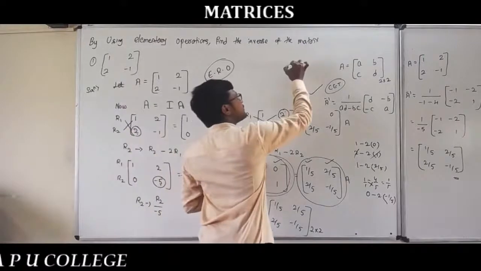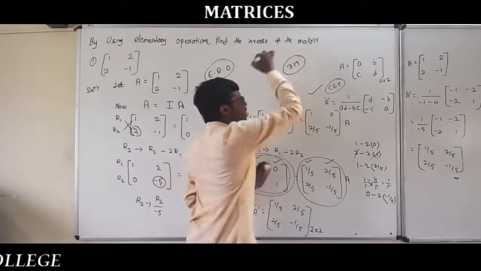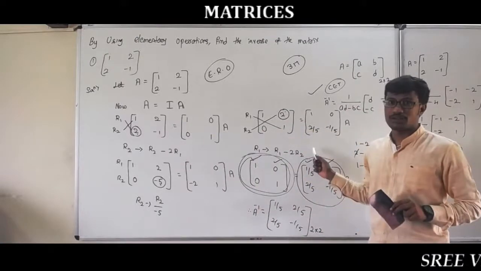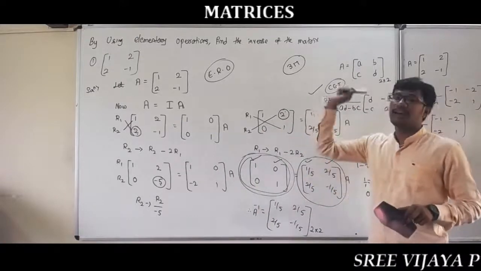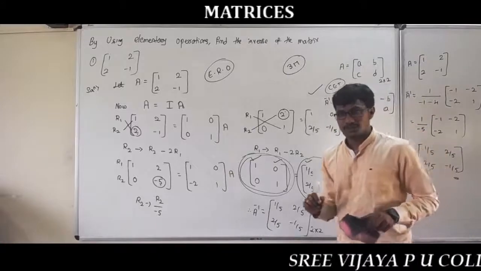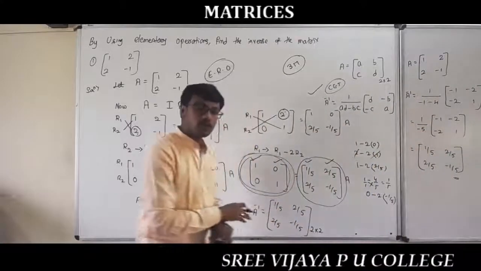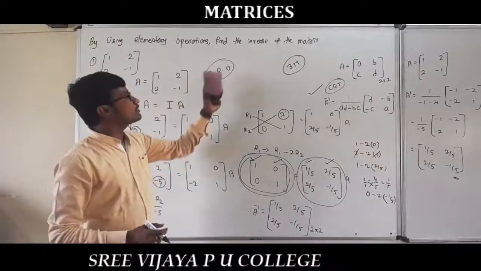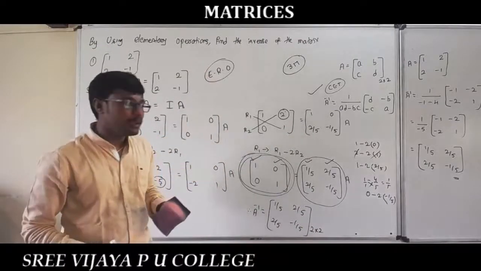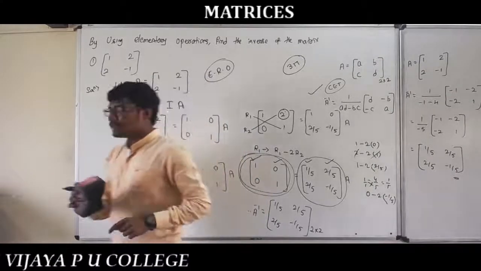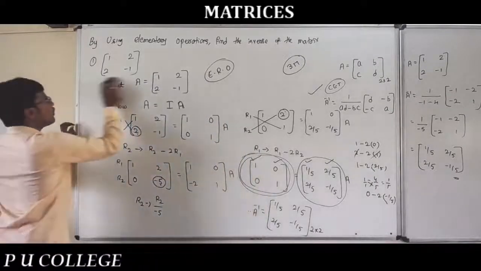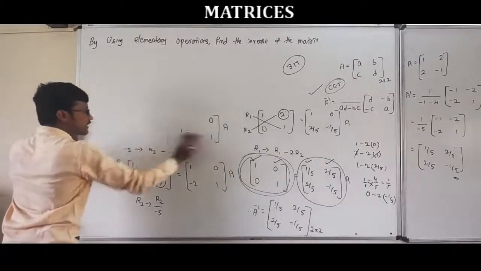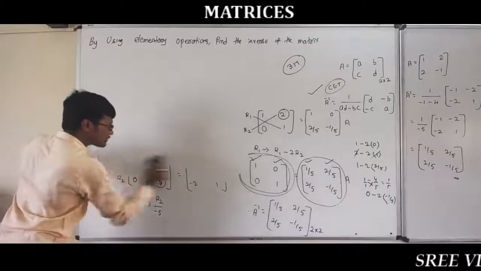Okay, this is how you can solve for the inverse of a matrix by using elementary row operations. This is very important for the 3 marks question. In the matrices chapter, they will give the first preference to the question of finding the inverse of a matrix by using elementary transformations. Similarly, we can do some more problems on this concept. So one more problem I will explain, so based on that we can know how to do the problems. Understand this problem, and we can do one more as homework.